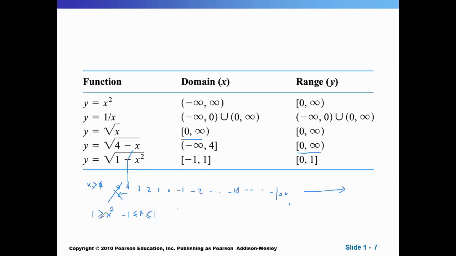When x squared equals 1, that's the largest value. So x equals plus or minus 1. So x could be equal to plus 1, x could be equal to minus 1. And then any value in between. واضح يا شباب؟